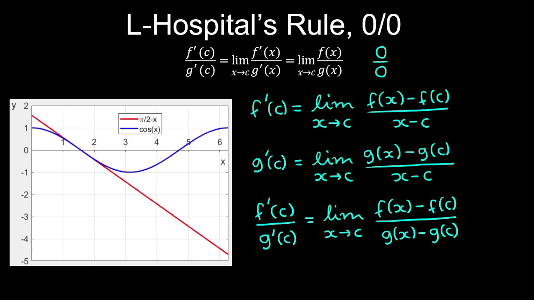And here we've assumed that the functions f and g are both differentiable, and the derivative of g at c is not 0. Now for the special case, where both f of c and g of c are both 0,